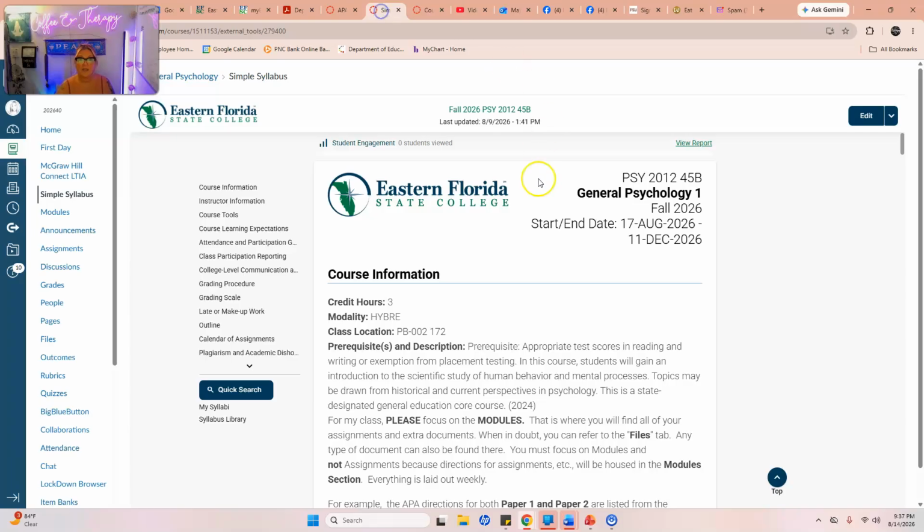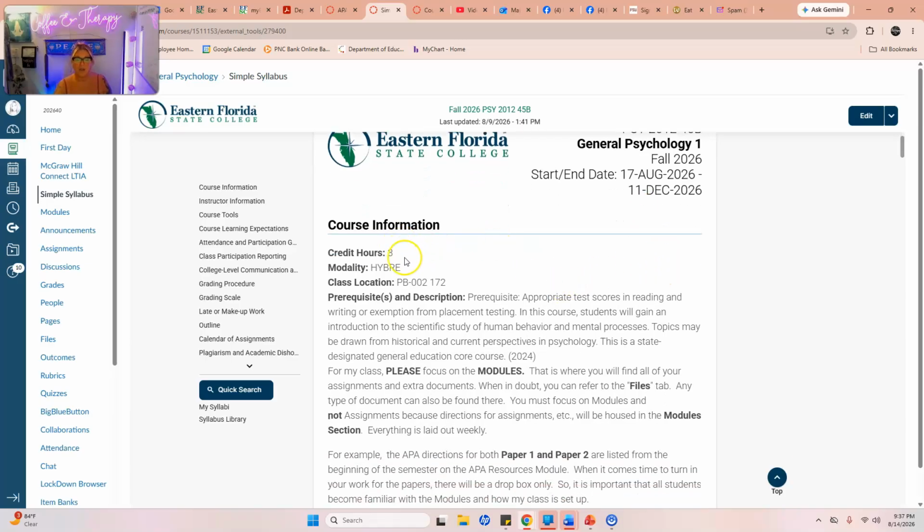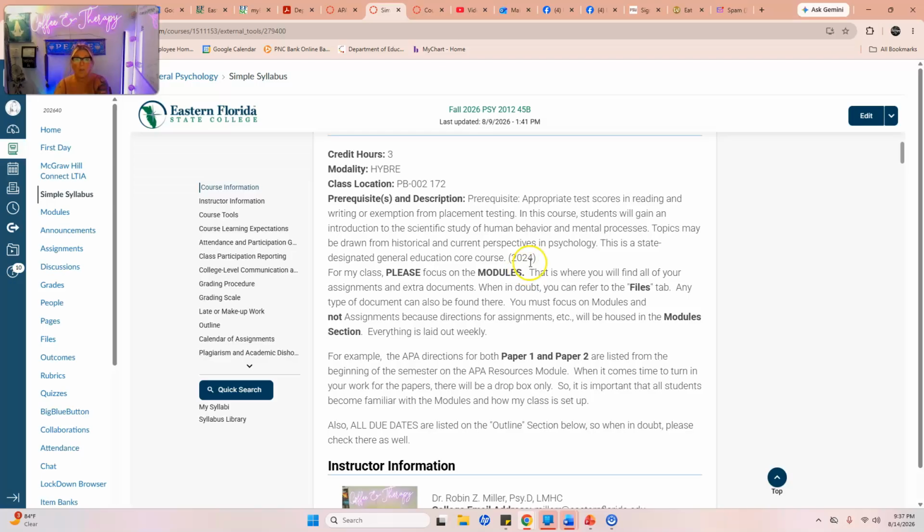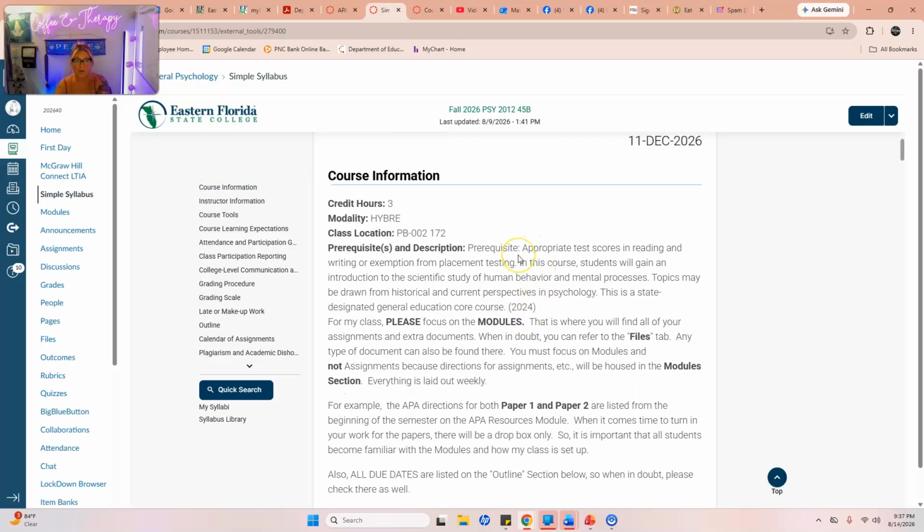So now let's get to Simple Syllabus because this is kind of where everything is at. Now I'm not going to read all of this word for word. We're already 22 minutes in. Okay, so as you can see, this is your class, General Psych 1. Here are the dates. Here's your credit hours. Again, this may not be your particular course. This is the hybrid course,